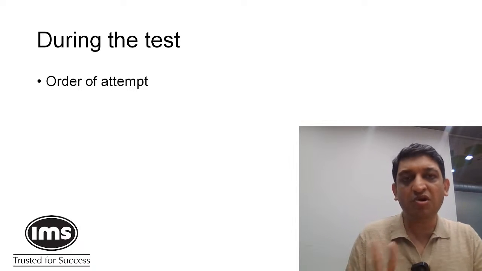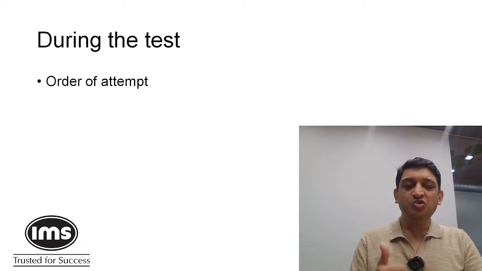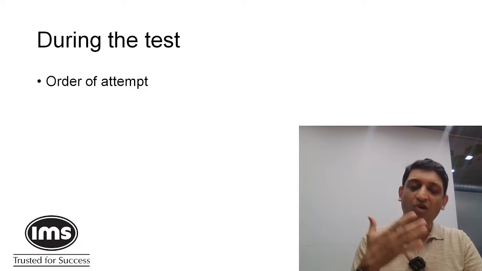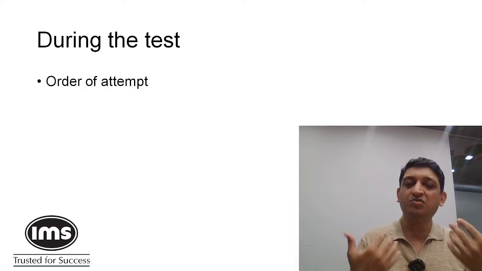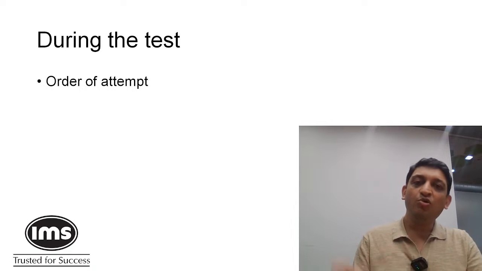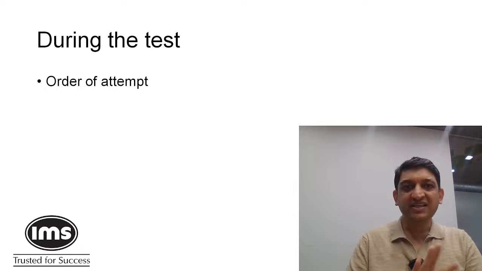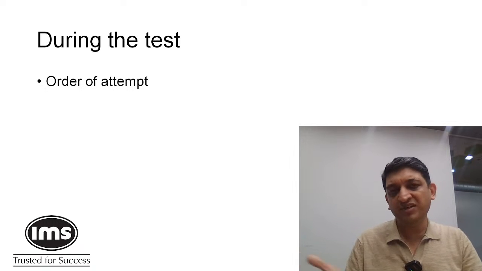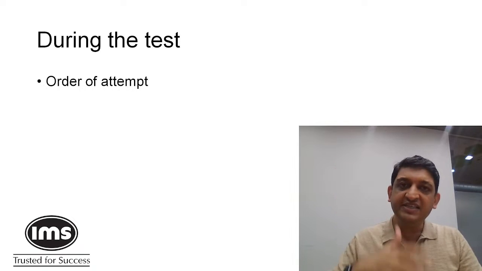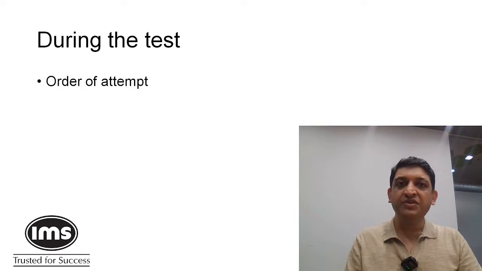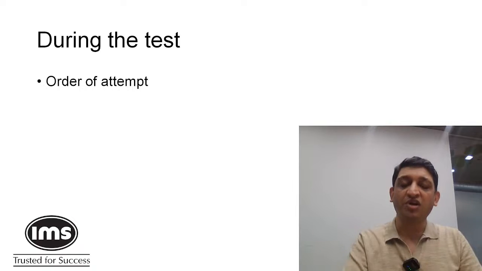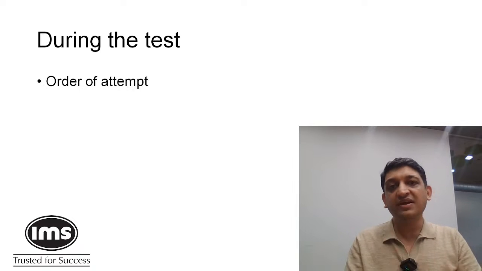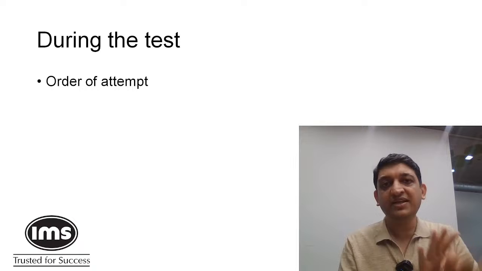Now again, there are two broad ways to think about this. One, if you are supremely confident about a section and you want to get done with it right at the beginning to get confident or feel more confident, go for it at the beginning. So honestly, if you look at my live mock attempts, maybe a couple of years back, I would have attempted logical reasoning at the start, followed by visual reasoning, followed by verbal, followed by quant, because I consider quant to be my strongest section. That's why I want to attempt it at the very end, because that's basically when I would be in the flow.